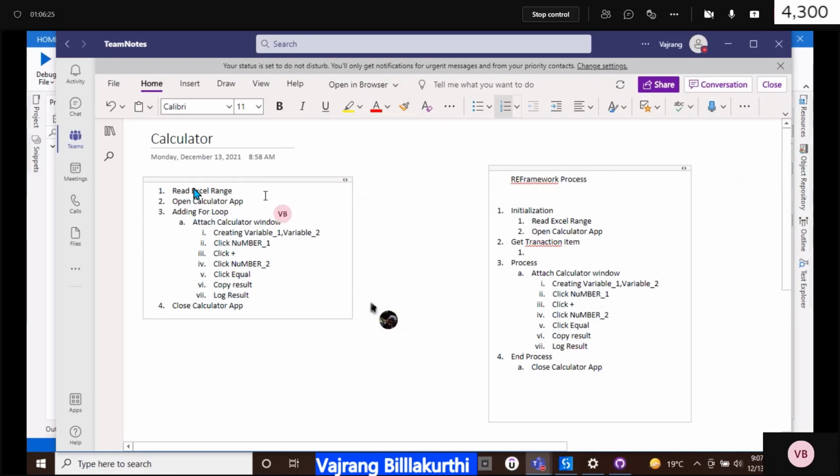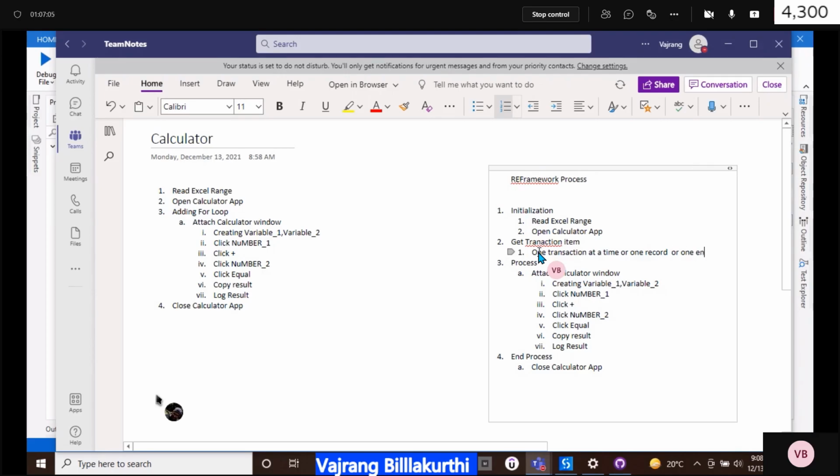Now see, is there any change between the steps that we are doing and the RE framework? No, there is no change. The only change is the segregation of information. One simple change is instead of for loop, this get transaction item will give one row at a time, one transaction or one record at a time.